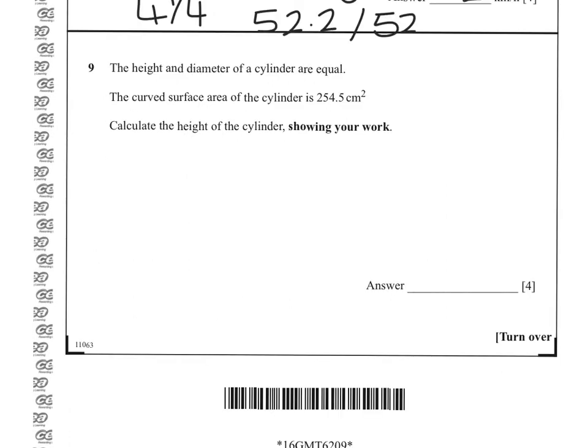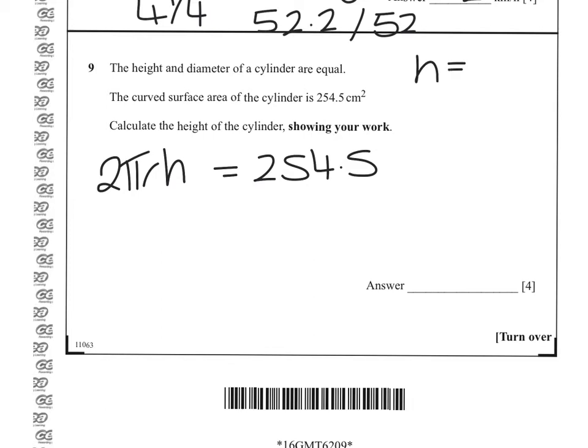The curved surface area of the cylinder, which is found by the formula 2 pi r h, is 254.5. Now we're told that the height and the diameter are equal, so the height equals the diameter, and the diameter is twice the radius. So if we take this, that means we have pi times 2r, which is the height, times the height, which is